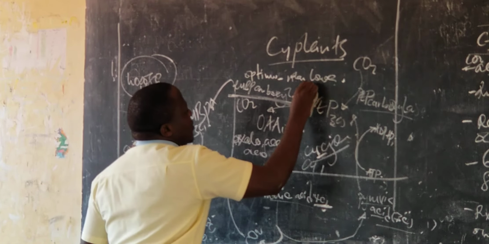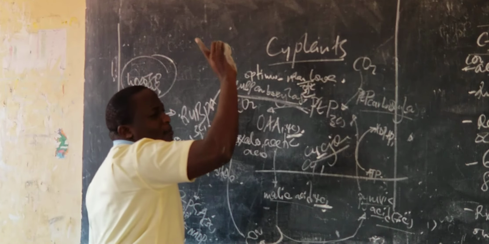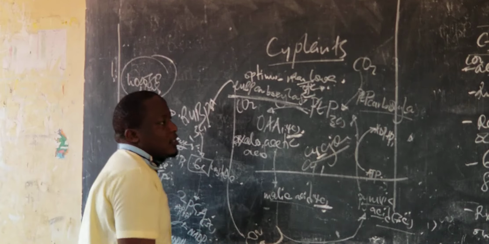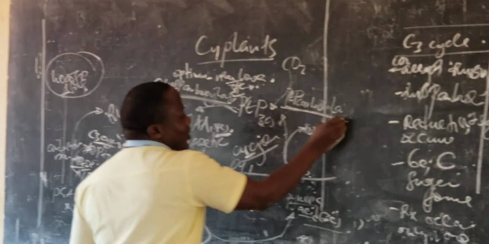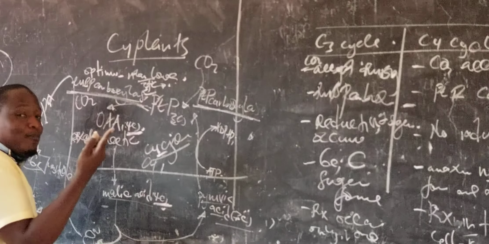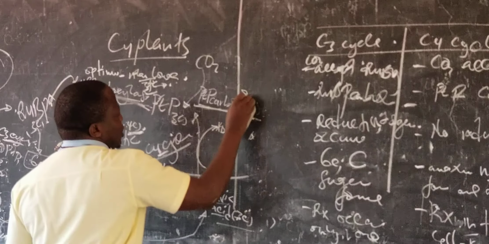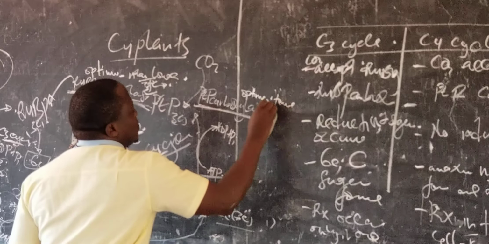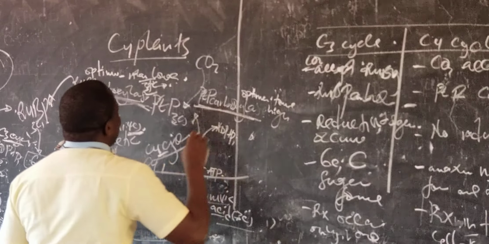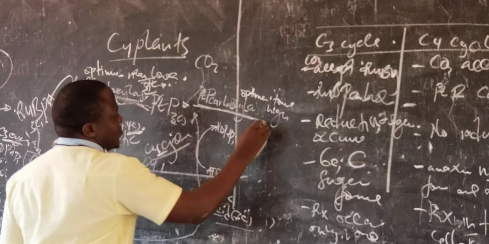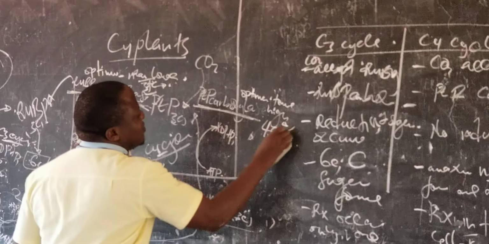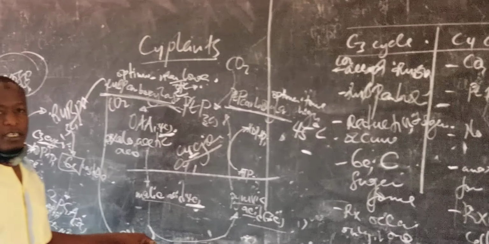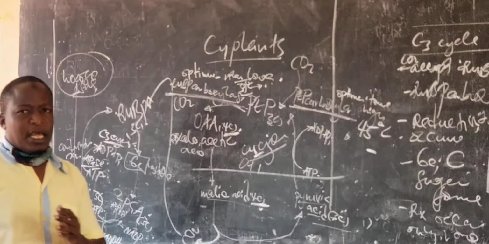By 27 degrees Celsius, for them that is the maximum temperature. Any temperatures beyond this will denature the enzyme. Unlike PEP carboxylase, which relatively has a high optimum temperature, that should be noted in the differences among the cycles. Optimum temperature here is expected to be very high. You realize that the temperature here is going up to 45 degrees Celsius when this enzyme is still operating. That's a very good advantage there. Now, meet you in the other session, then we look at